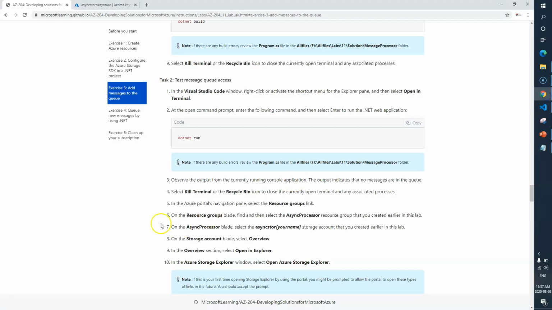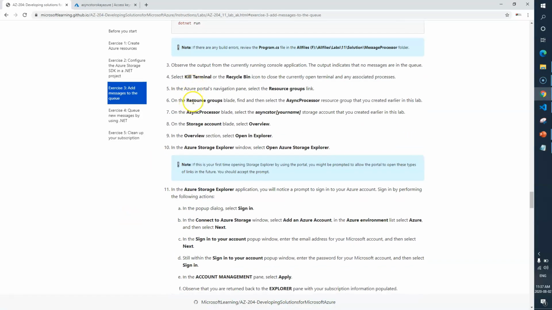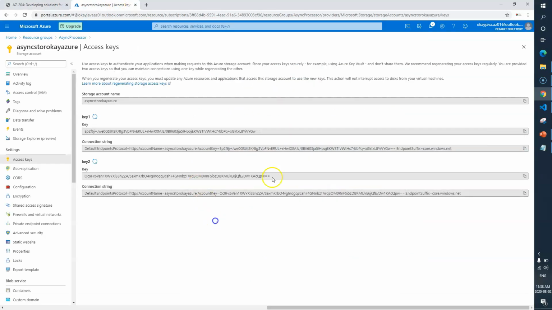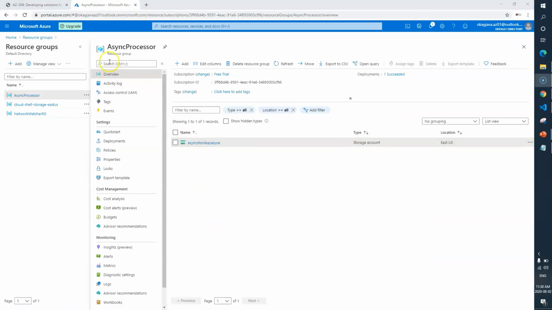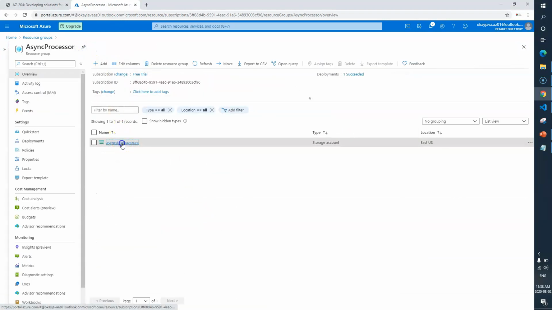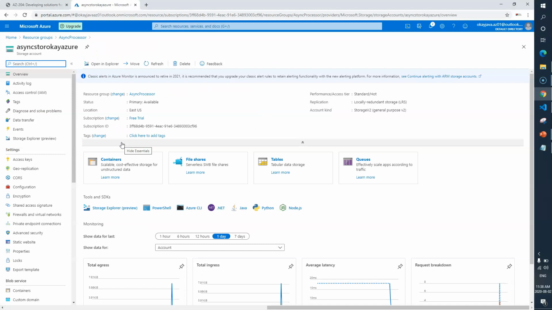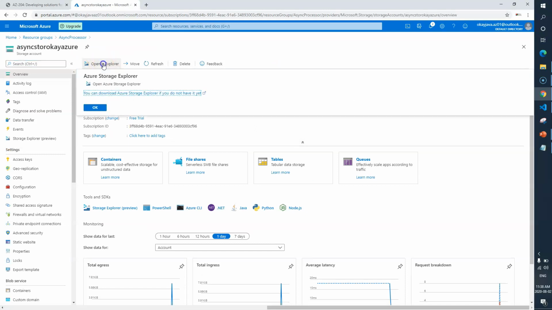Okay. So now we need to go back to the Azure portal, select our resource group, open your storage account, and from there we'll open in Explorer, which is your Azure Storage Explorer. Let's do that first. I'm already here at the storage account level. Let me open the storage account. Now, if you see here, open in Explorer, click. Okay, so I'm just going to download Azure Storage Explorer.